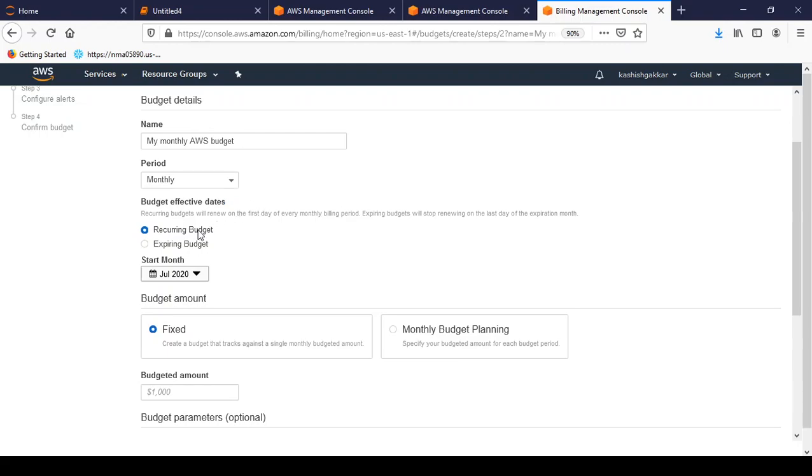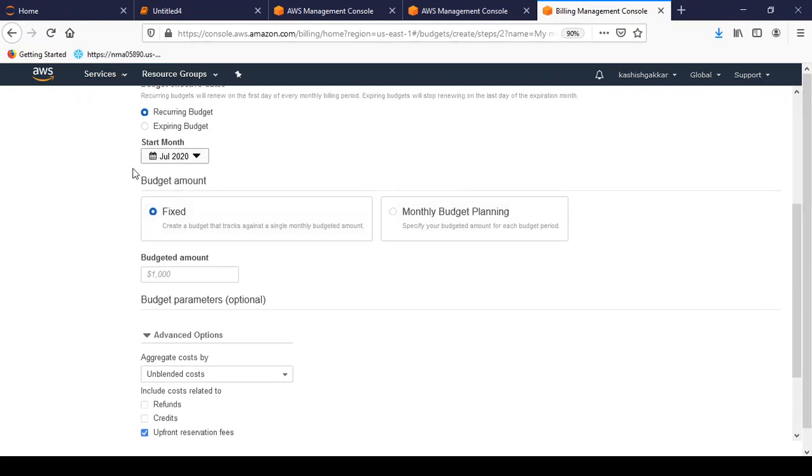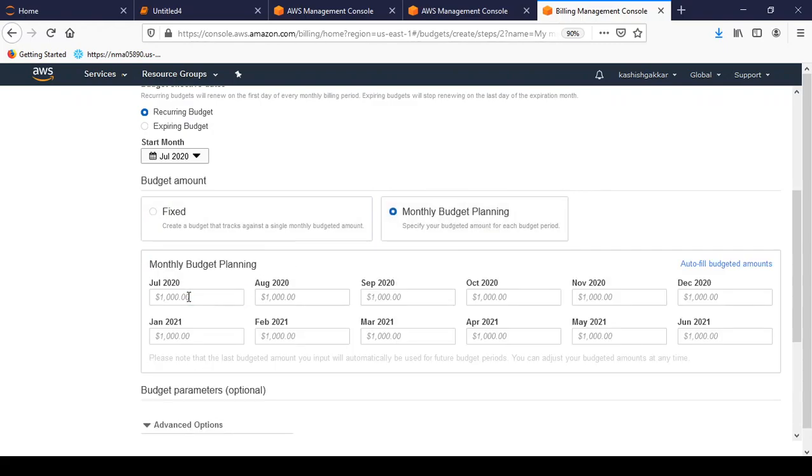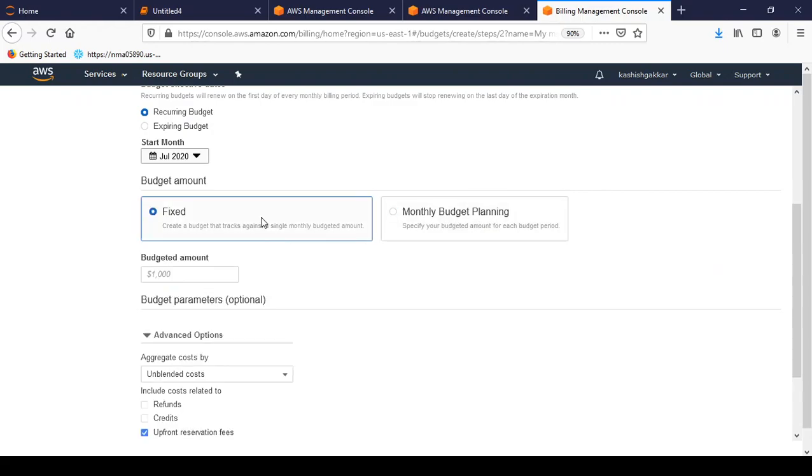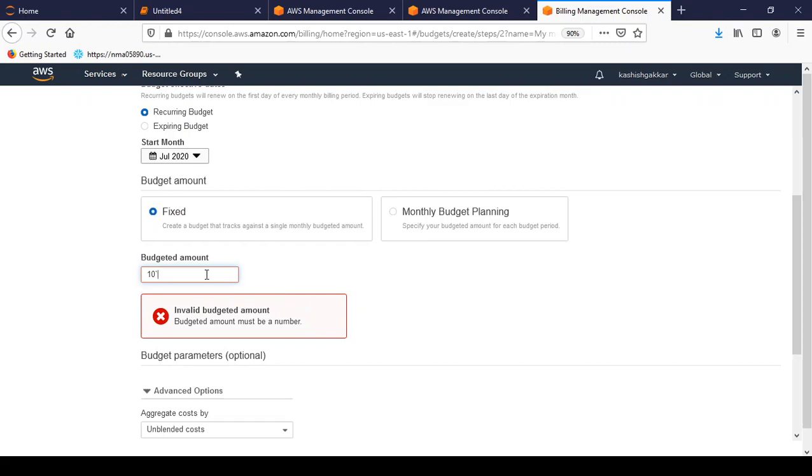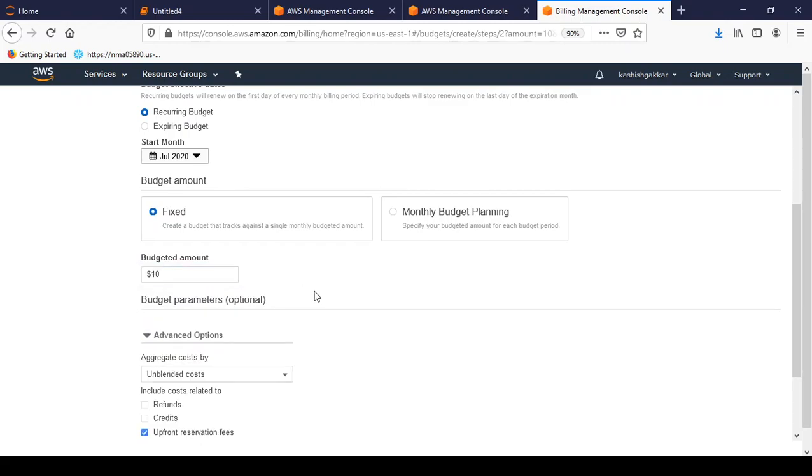Then budget effective dates: is it a recurring budget or will it expire maybe after 2 months? It will be a recurring budget for every month, and it will be fixed. You can also set monthly budget planning, so how many dollars you want to spend in which month. But for now let's keep it fixed for each month. Suppose my budget is just $10, so okay, $10 is done.